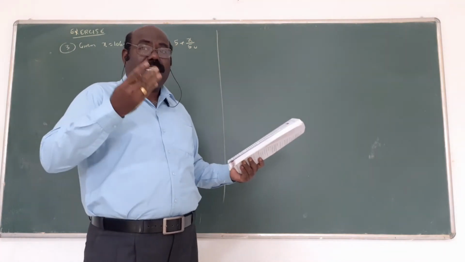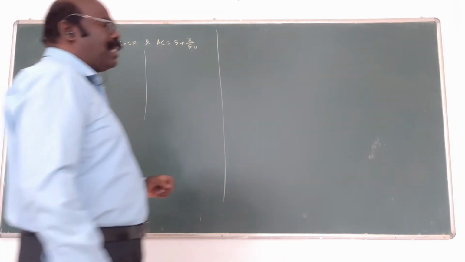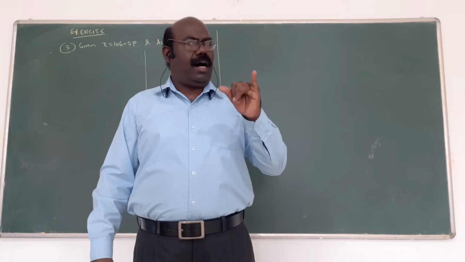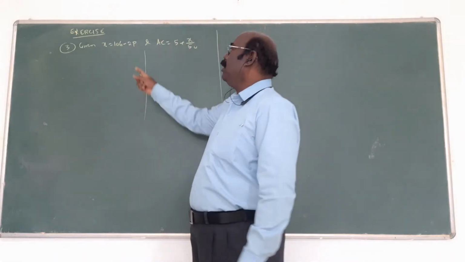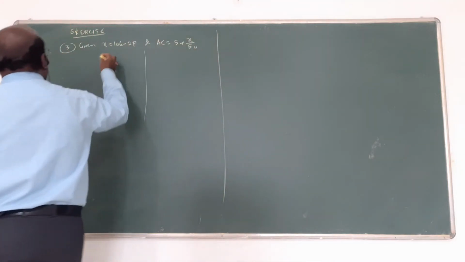The profit is maximum. That's why first find the profit. The profit means what is the formula? P equal to R minus C is the formula. R is not given, C also not given. Instead of R, only X is given. From there, you will find the value of P.